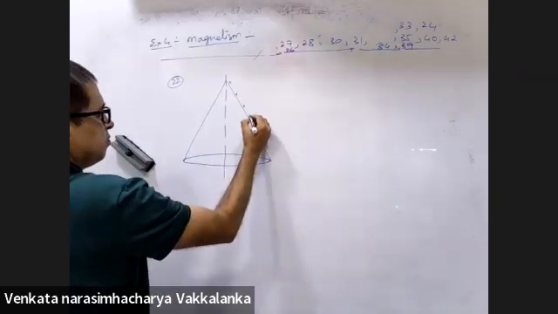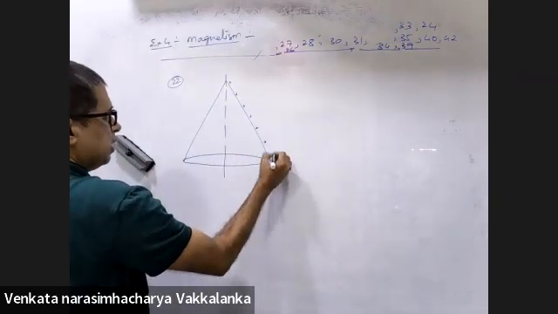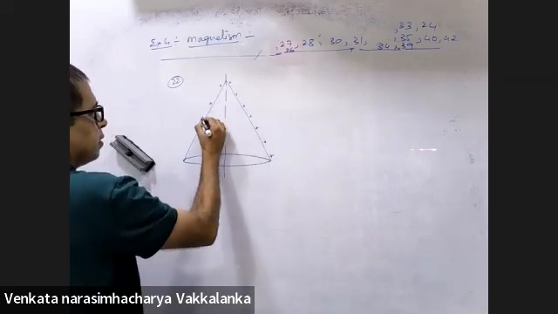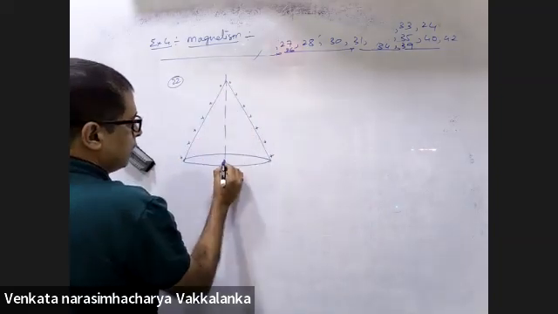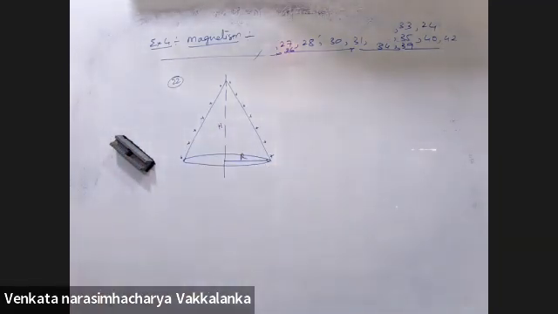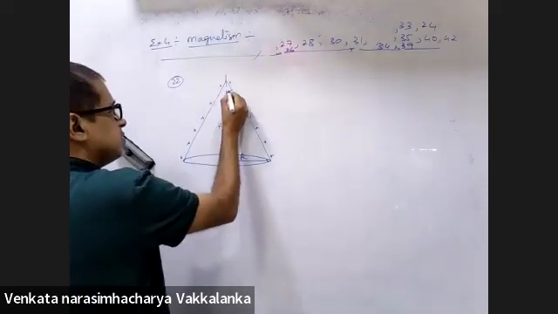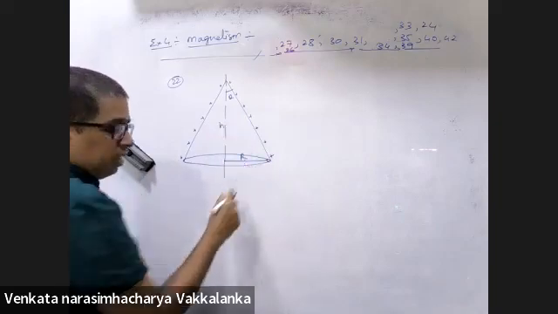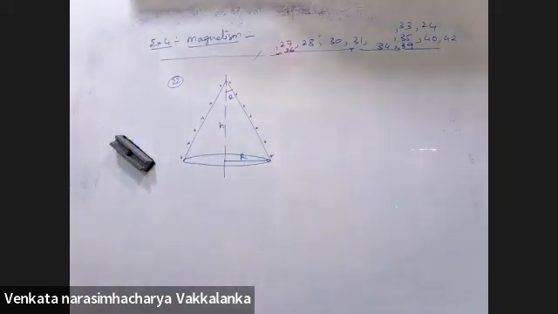You have positive charge all throughout this particular body. This is of radius r, height h. What are all the parameters given? Q charge is distributed over the slant surface of a right circular cone of semi-vertical angle theta, height h. Theta is given, height h is given. Radius is not given. The cone is uniformly rotated with an angular velocity omega, and your requirement is